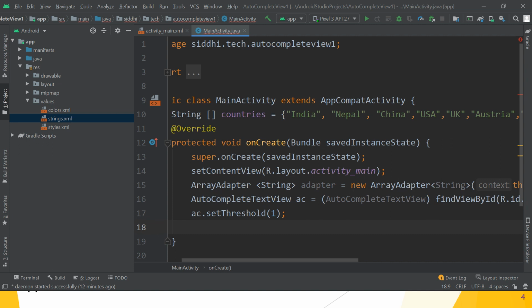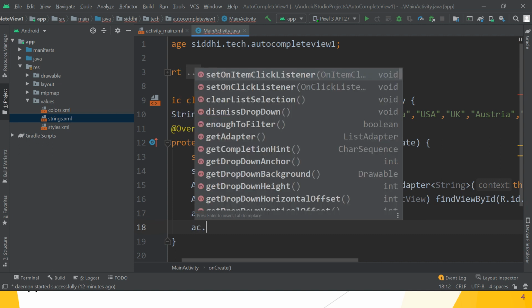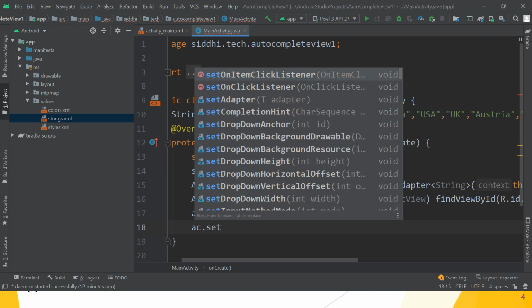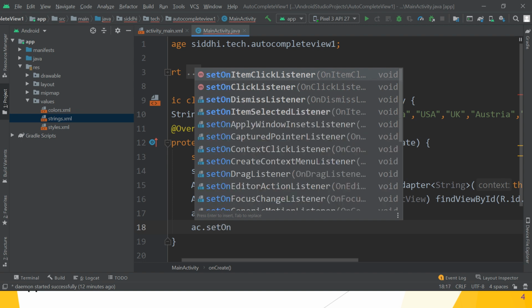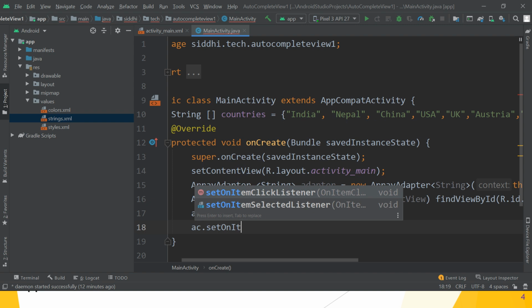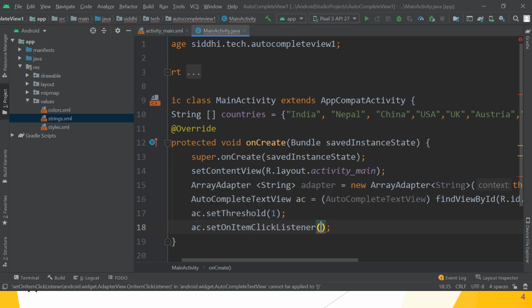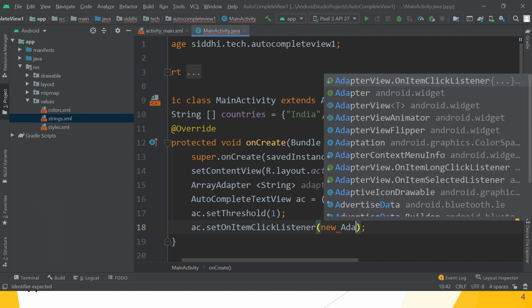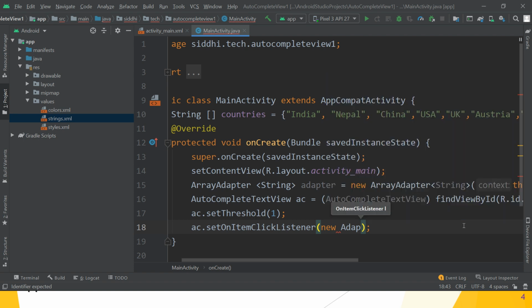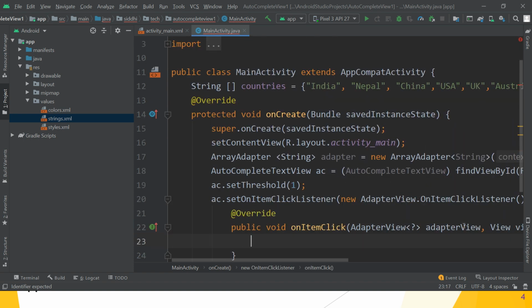Then AC.setOnItemClickListener. Then new AdapterView.OnItemClickListener.